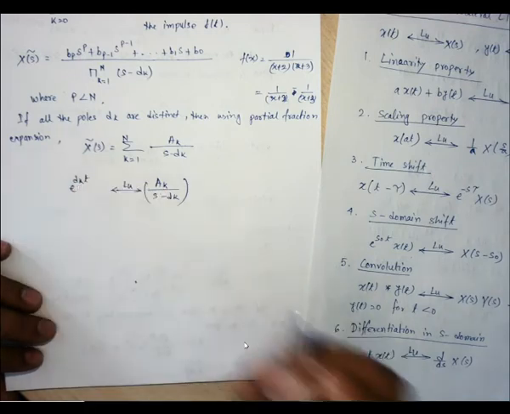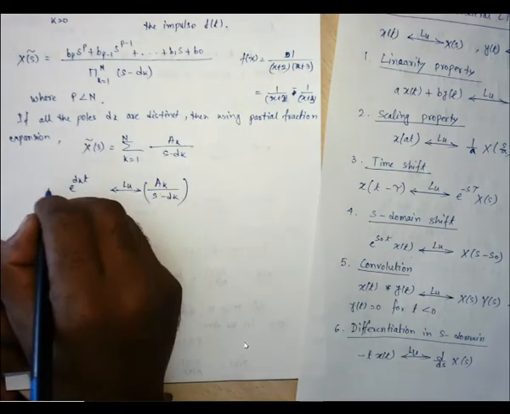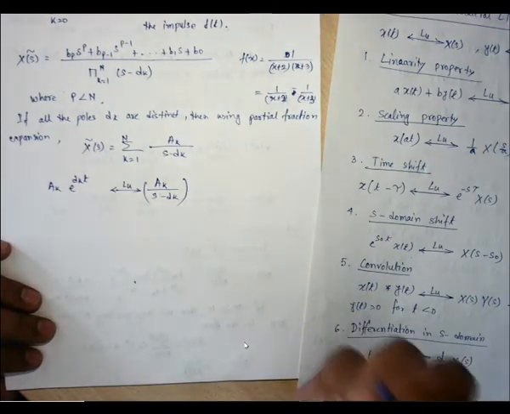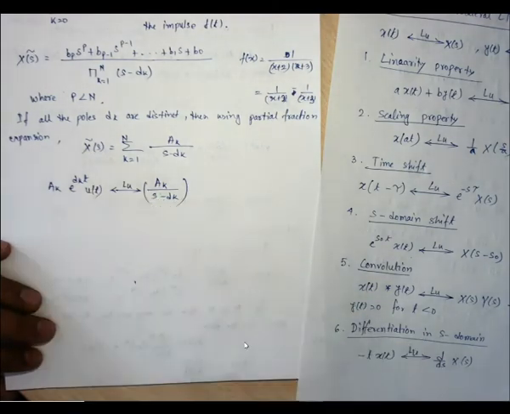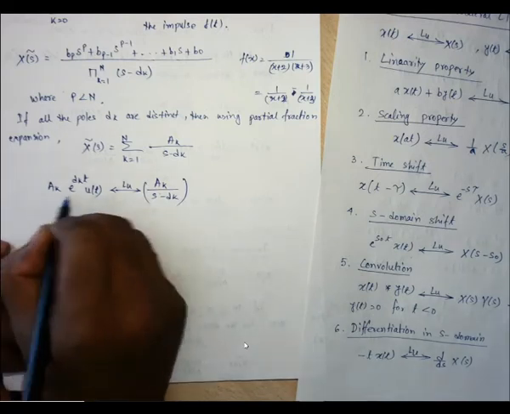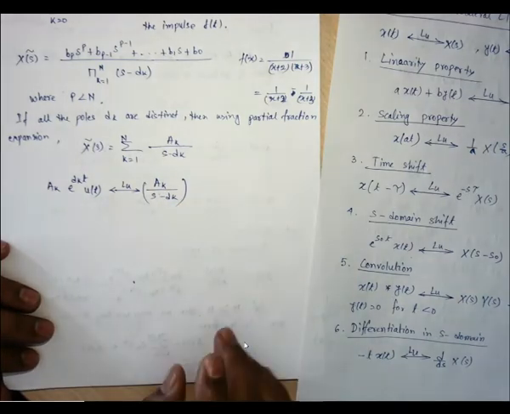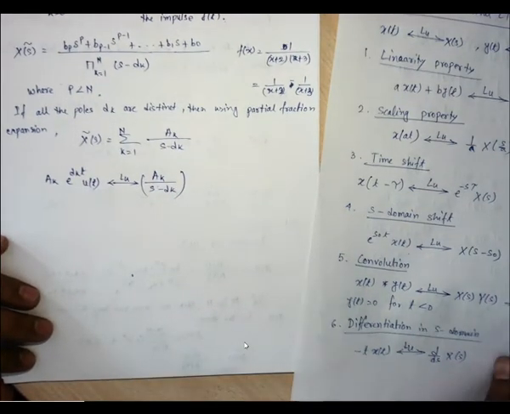So that exponential term will be e to the power dkt. Now a constant part is already there, ak. So it is 1 by s. 1 by s is due to the unit step, that is u(t), right? So if we have this time domain signal and we do the Laplace transformation, we are supposed to get this Laplace transform in the s domain.